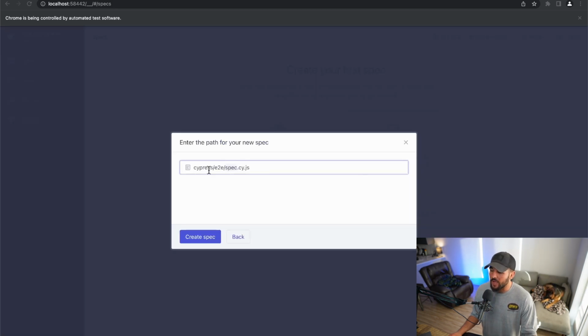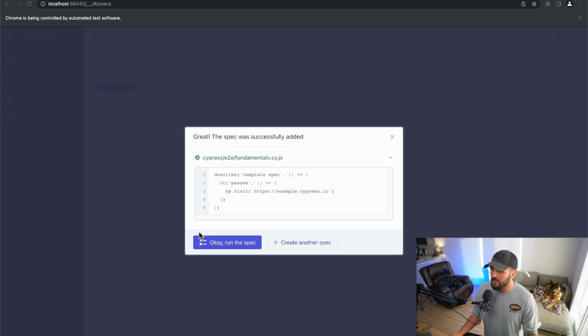And then once we click on that, it's going to add a spec file or a test file within our Cypress/end-to-end/spec.cy.js. And what we're going to do here is I'm going to call this fundamentals.cy.js, as we're soon going to move on to the fundamentals page and start actually writing some tests and talking about Cypress fundamentals. So I'm going to name this fundamentals right here. I'm going to click create spec. And then I'm going to press OK, run the